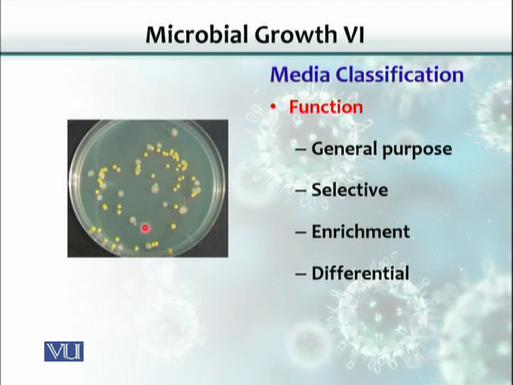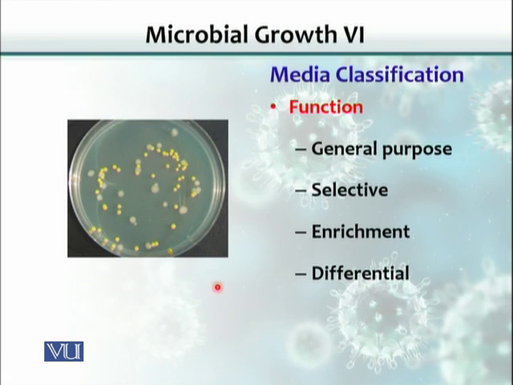Like here, you could see the nature of these bacteria. This is basically a general purpose medium. There are two different kinds of colonies, but by nature there is nothing, this is a nutrient agar plate, there is nothing that can selectively differentiate between these colonies. This yellow colony here is because the bacterium is able to produce a pigment. This is the situation where, when we use a differential medium, we could see the different colors of the